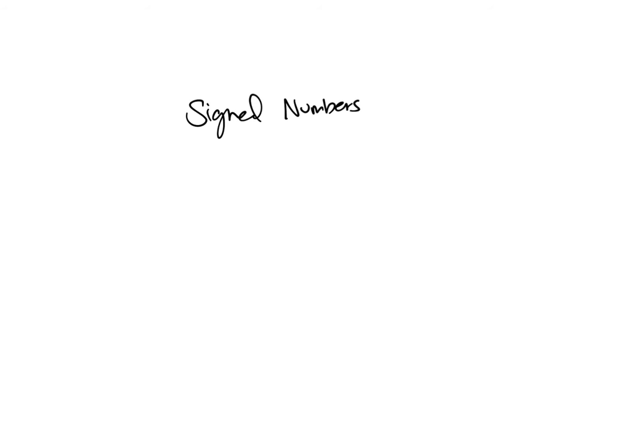So when you're multiplying or dividing signed numbers, you would follow the exact same steps as if you were just multiplying whole numbers, fractions, or decimals. But the one thing you need to consider is that when you're multiplying numbers, their sign is going to be affected by the signs of the factors. When you're multiplying two things,